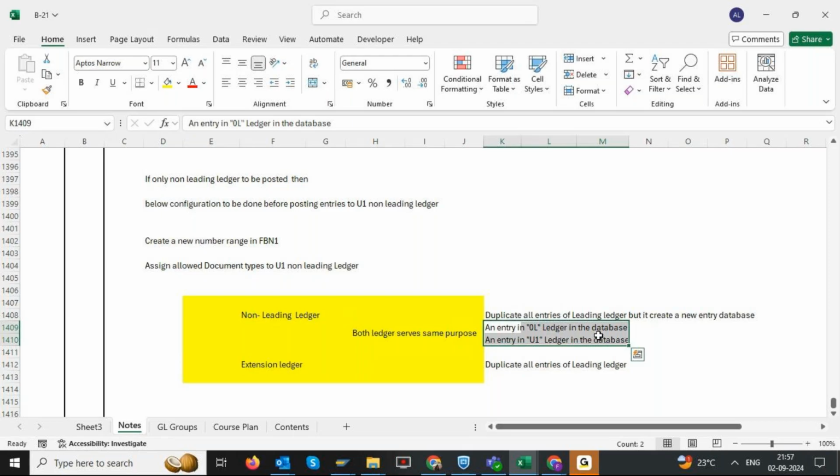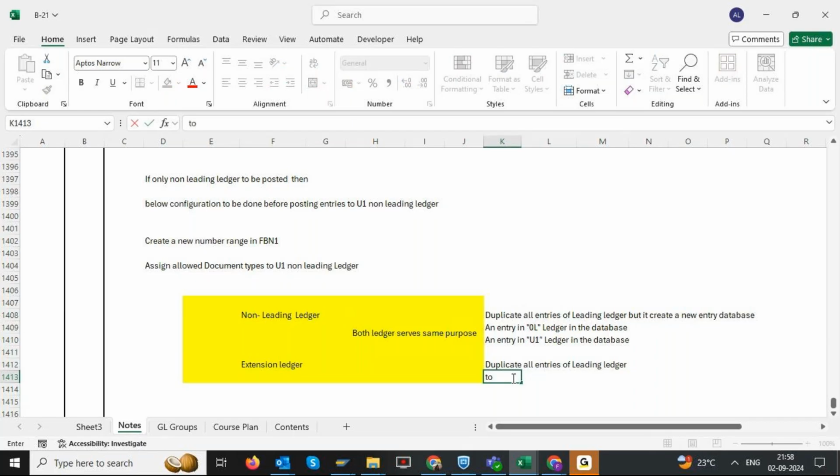Like if I want to report it to the US, okay. If I want to report it in multiple countries, then I will create multiple non-leading ledgers. So then it's going to create multiple duplicate entries, the same entry. So to avoid this database storage, SAP introduced this to